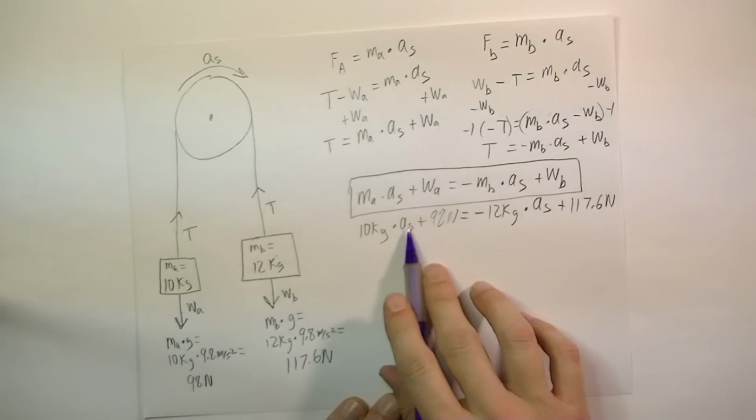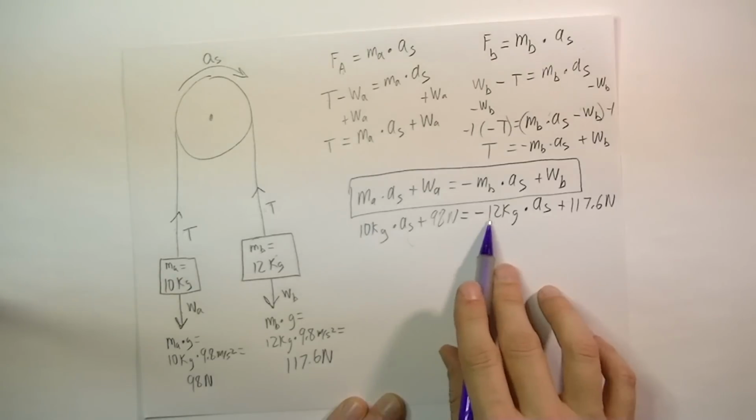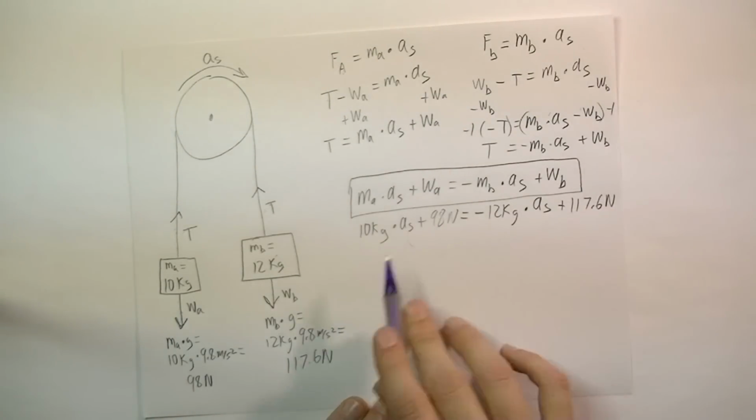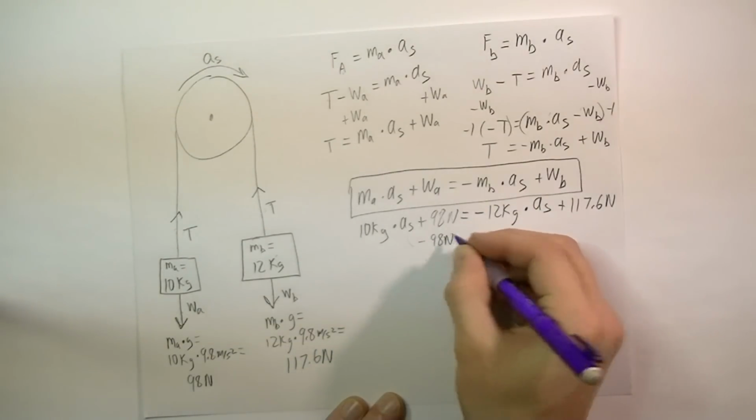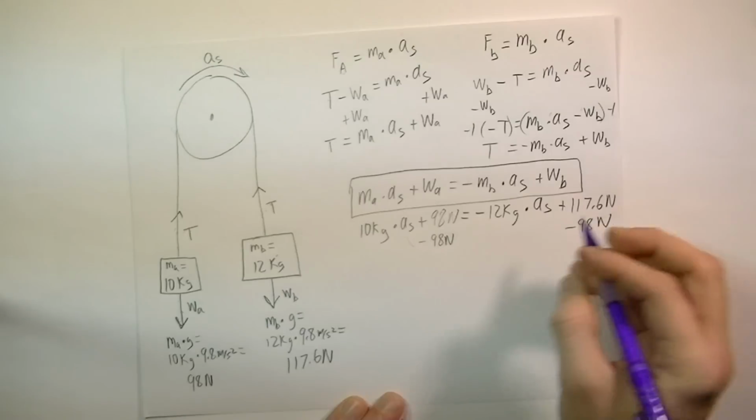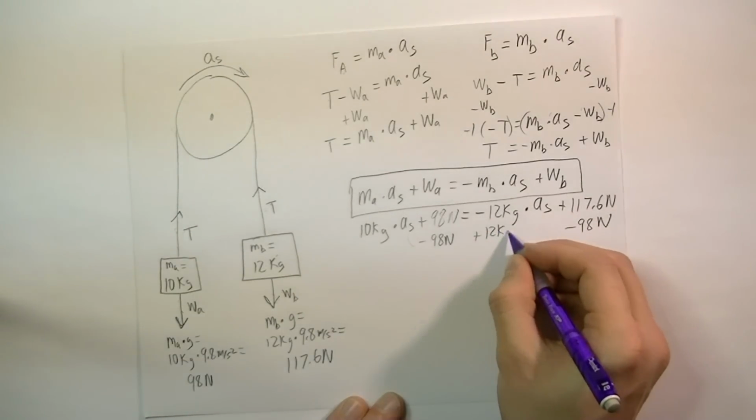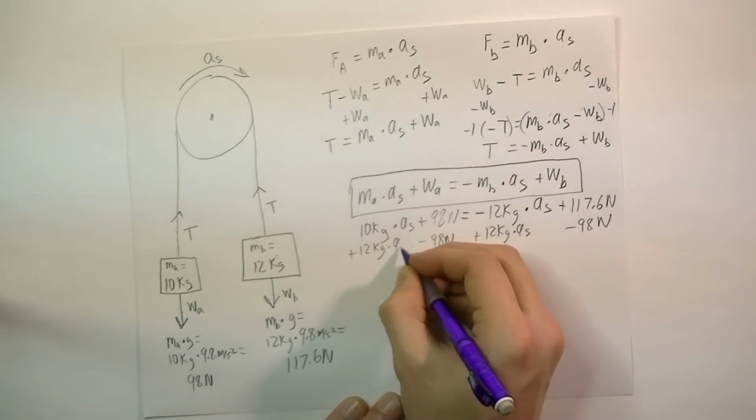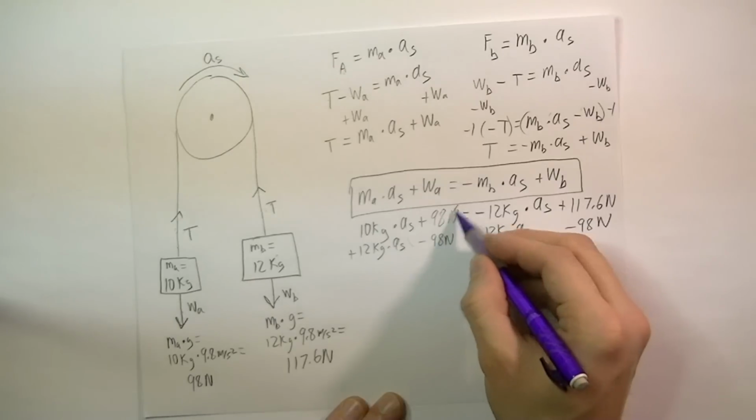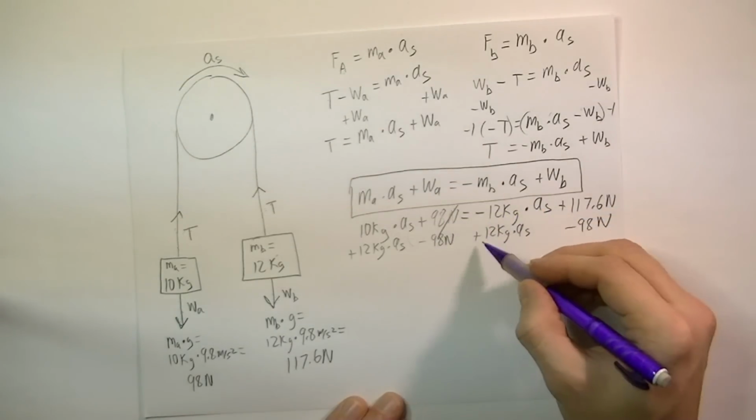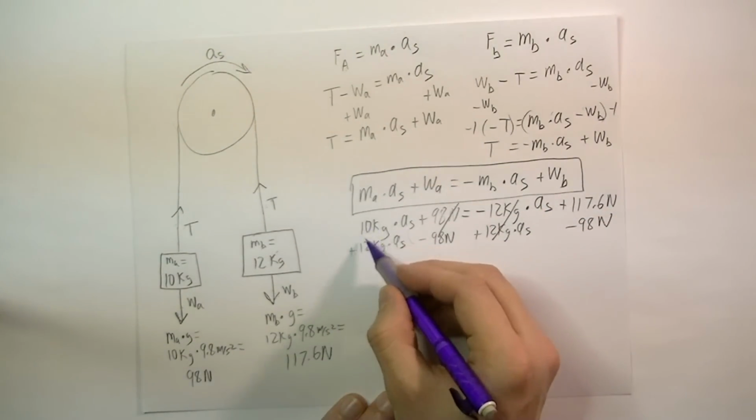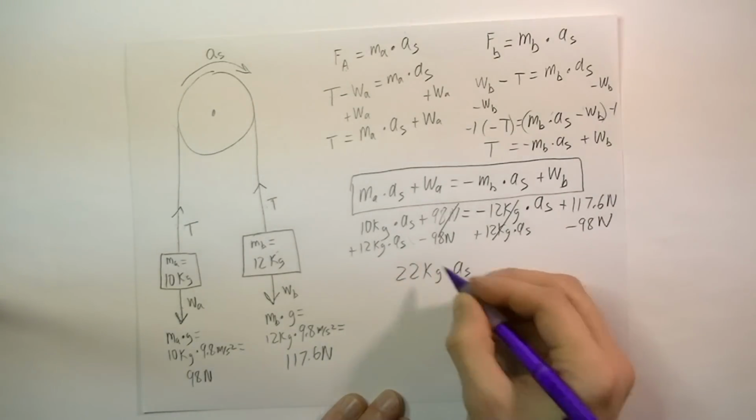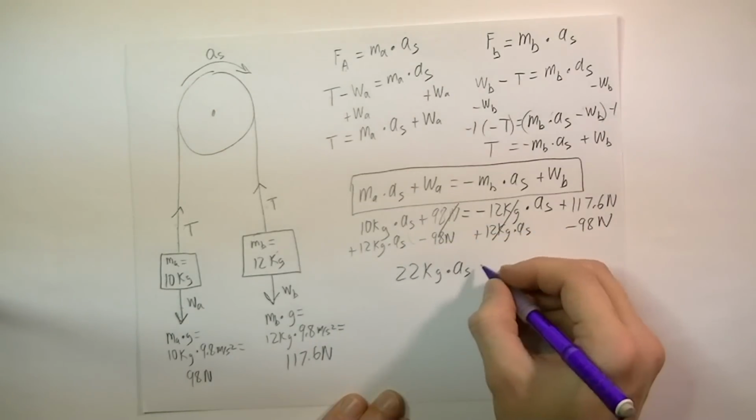Okay, so I want to get my terms with the unknown AS on one side of the equation and my constants, which are 98 newtons and 117.6 newtons, on the other side. So I'm going to subtract 98 newtons from both sides. I'm also going to add 12 kilograms times the acceleration of the system to both sides. Okay, these 98 newtons here will cancel. This 12 AS and this 12 AS will cancel. And over here I get 10 plus 12, which is 22 kilograms times the acceleration of the system, combining those terms, equals